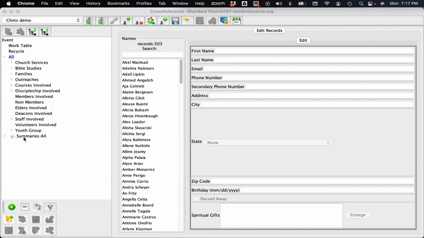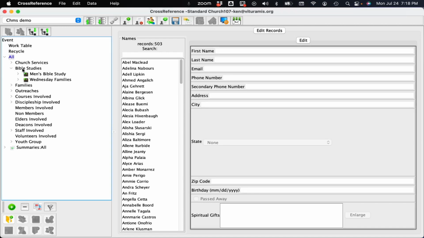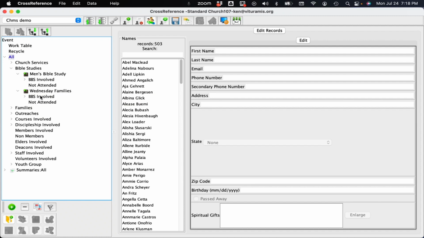The next part we want to look at is summaries. Now, to really understand summaries, we need to take a look at an example. And for that, we're going to go over to Bible studies. When we go into Bible studies, they are separated between those who are involved and those who have not attended. Now, if I want a comprehensive list of the people who have come to Bible studies, the people who have attended,